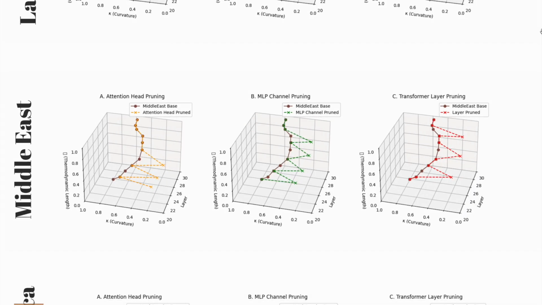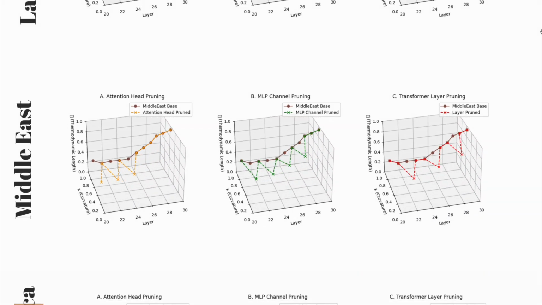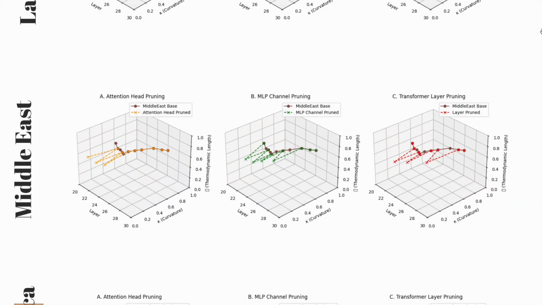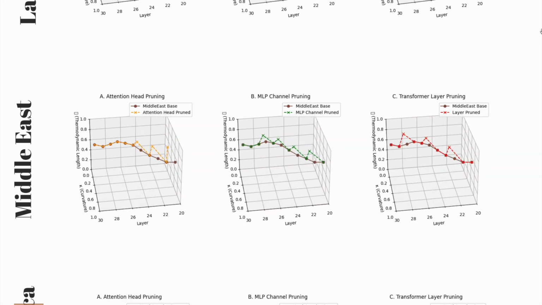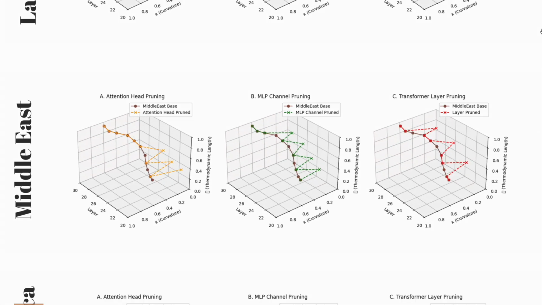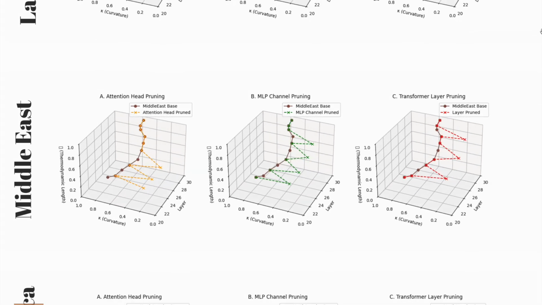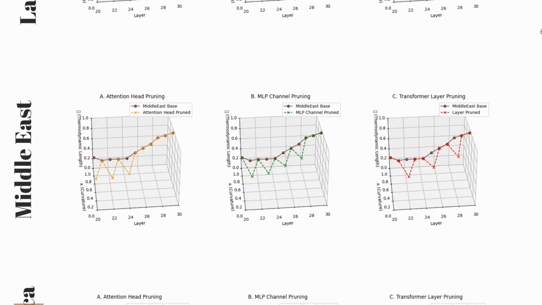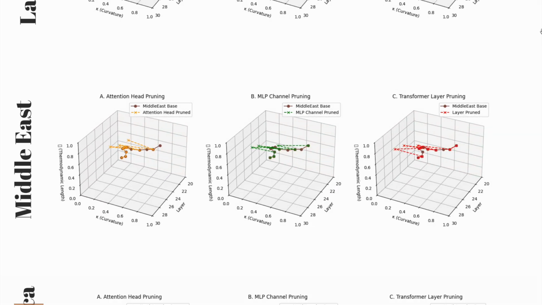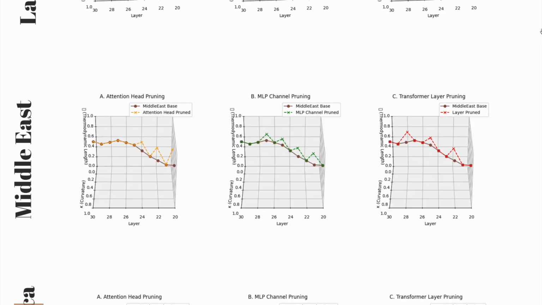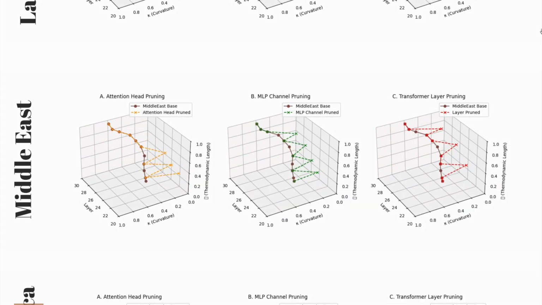Middle East, pruning scars at a glance. Attention head pruning in orange. Removing whole attention heads severs routing edges. The trajectory shows a compressed path from layers ~23-27 with curvature jolts near ~25, as the stack retries alternative routes. Translation: cross-reference stitching wobbles, threads that tie scripture, precedent, and facts together fray, so the model alternates between